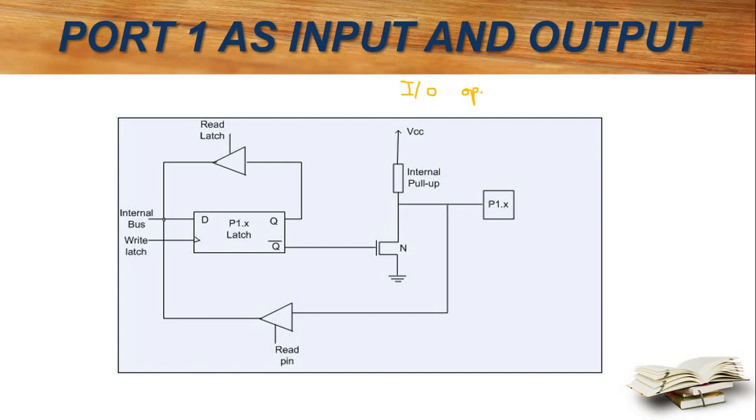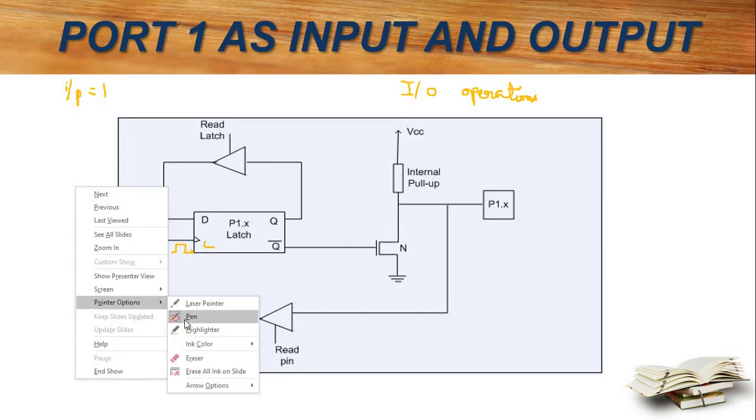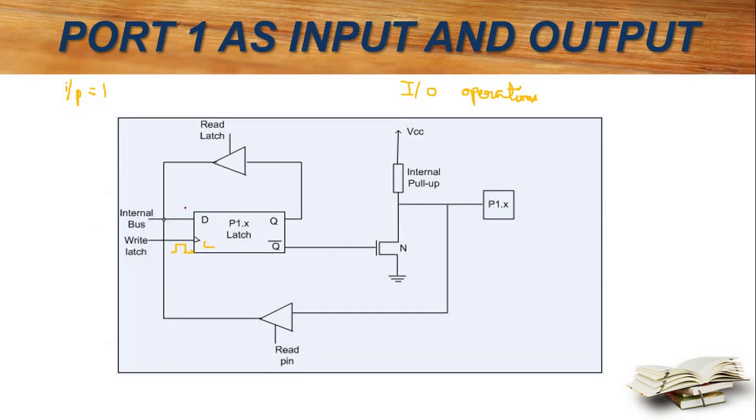This is a bidirectional port. It will not do any special function like port 0, port 2 or port 3. It will perform only IO operations. This is a clock circuit, it will produce pulses. Now check the condition when it is an input. If it is input, what does it have to read? It will have to give the input as 1. That is condition 1. Now I am going to give an input of 1 to the D latch.